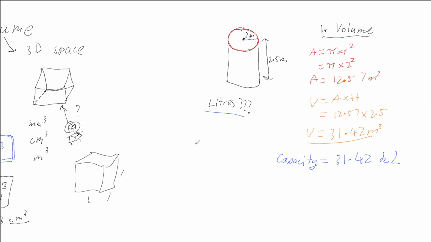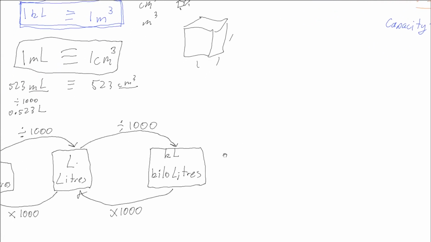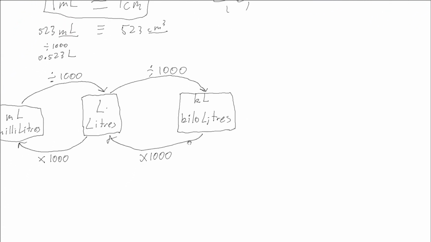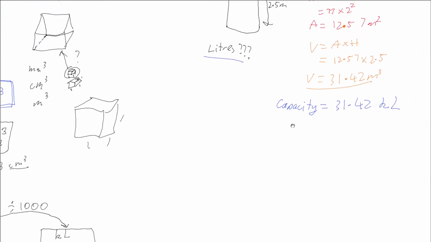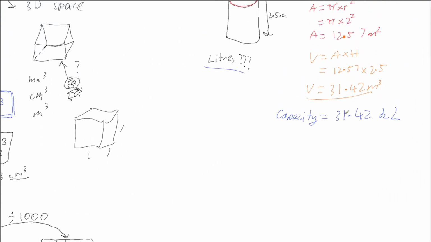And if I want to get it in liters, well, that means I've got to convert. And we said before down here that to go from kiloliters to liters, I've got to multiply by 1,000. So to do that, I'm going to multiply this by 1,000 and get a capacity